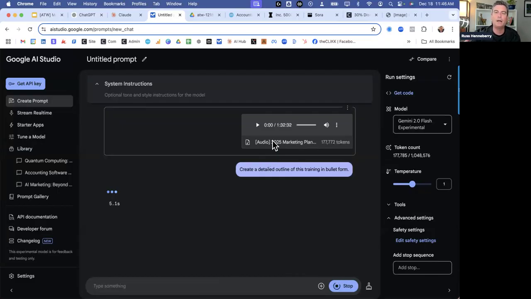Remember, what data are you bringing to the party? So if you're working with a client that's doing webinars or whatever, you can take the audio from that webinar and pop it in here and start to work with it to create assets, create social media content, create articles, all of that stuff using Gemini without having to take it over into a transcript and all this stuff. You can just take the audio right in there.